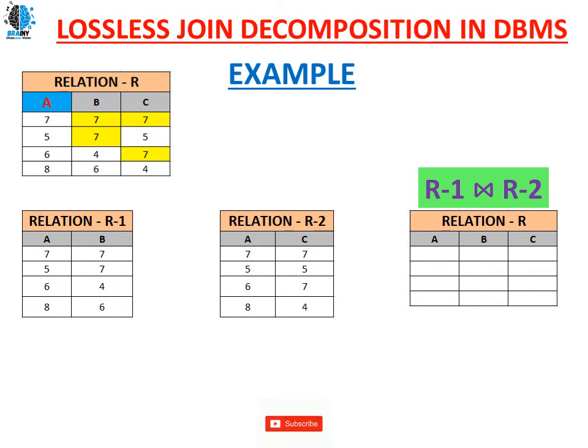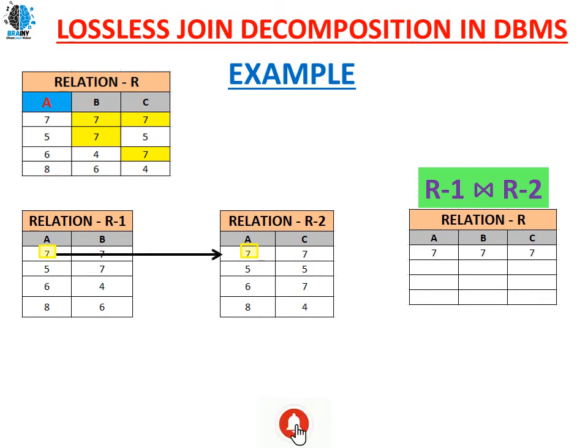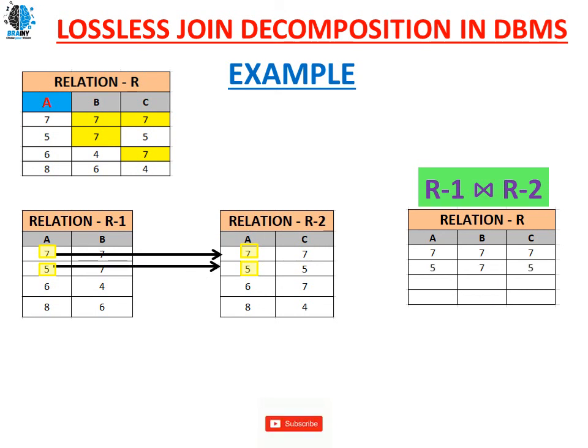Let's see a brief recap of this video. We have the relations R1 and R2. How have we done the natural join on this? The common column in both relations is A, which is the candidate key or the super key of both relations. So here A is the common attribute, and the values are the same, 7 and 7. So we can have the natural join on this. The resultant table of the natural join of R1 and R2 has 7 7 7. The values of attribute A in both relations, 5 and 5, are the same. So we got the second value, 5 7 5, in the resultant table.